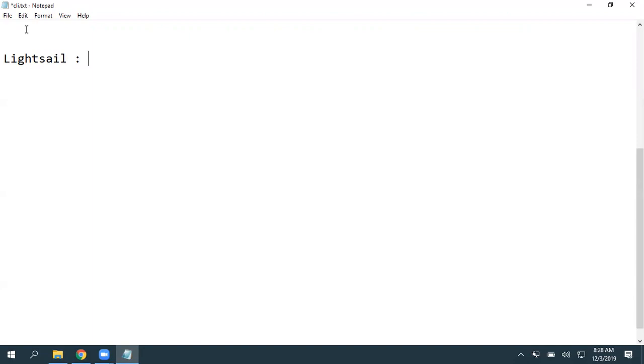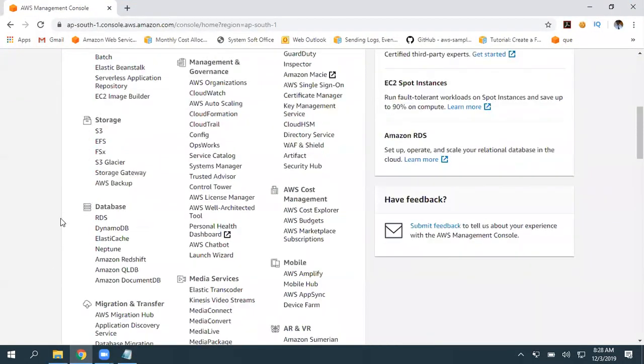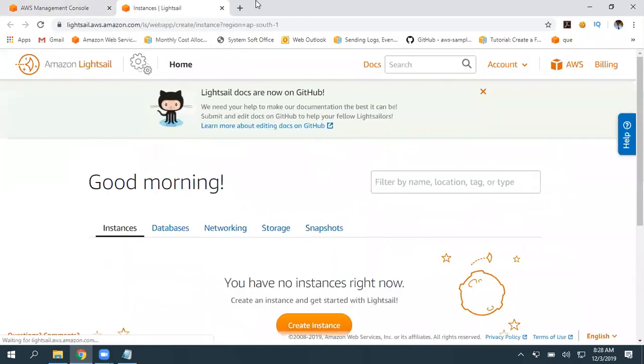If you take an EC2 instance and want to make that a WordPress website, first, a lot of manual configuration is required. Second, you are going to get charged for multiple things: the EC2 instance, backend EBS volumes, and data transfers. So instead of all that, go to Lightsail under compute, where Amazon has given some pre-templates.